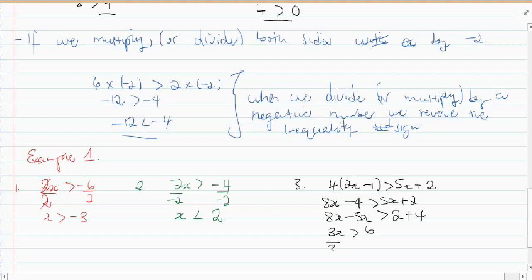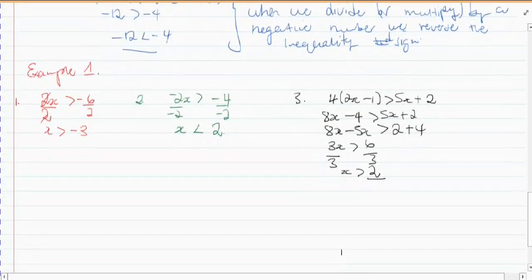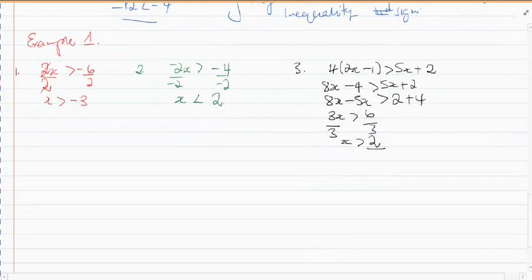So we divide both sides by 3, then our x is bigger than 2, because 6 divided by 3 is 2. So this is actually what we do with the inequality sign when we transpose or multiply by the negatives. So we can look at the last